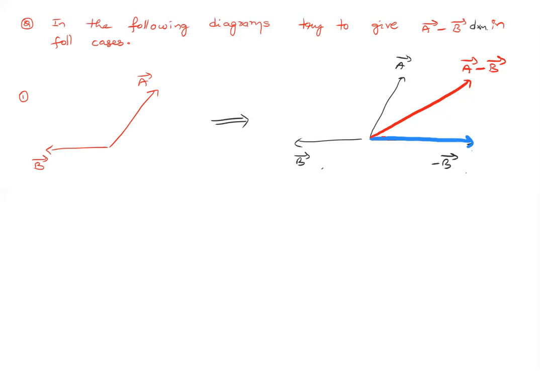Okay, so if this is the case, a bar plus b bar will be in between a bar and b bar. A bar plus minus b bar will be between a bar and minus b bar. Okay, right? So that is how you give the direction. Okay, next,